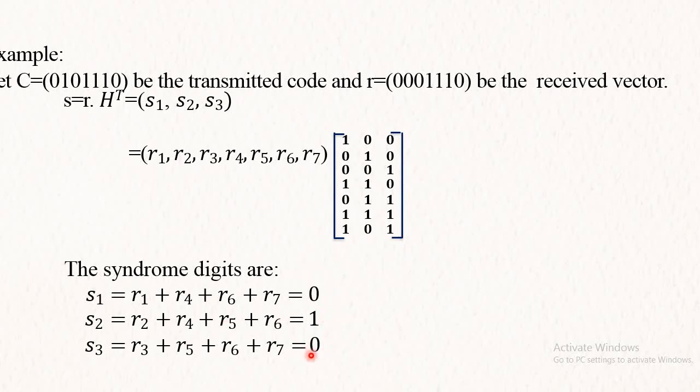As the syndrome is not equal to 0, it means whatever value we have received is not a correct value, and that we already observed. Here the transmitted code word is 010110 and we are receiving 000110. So we come to know that there is an error at the second position. In the next lectures we are going to solve this type of numericals in detail, how to detect the error and how to correct the error. Here we are just taking an example of how to identify the error. We multiply the received code word with the H transpose, and if my answer is not equal to 0, it means whatever value we have received has an error.